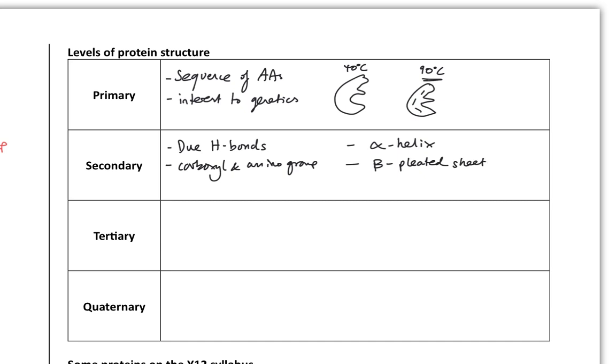So, for example, trying to think of one. Beta pleated sheets. Silk is beta pleated sheets. Alpha helices, things like collagen, a bit alpha helices. And often they'll show you some kind of 3D representation. If you go on the internet and look for a protein structure, it will show bits of alpha